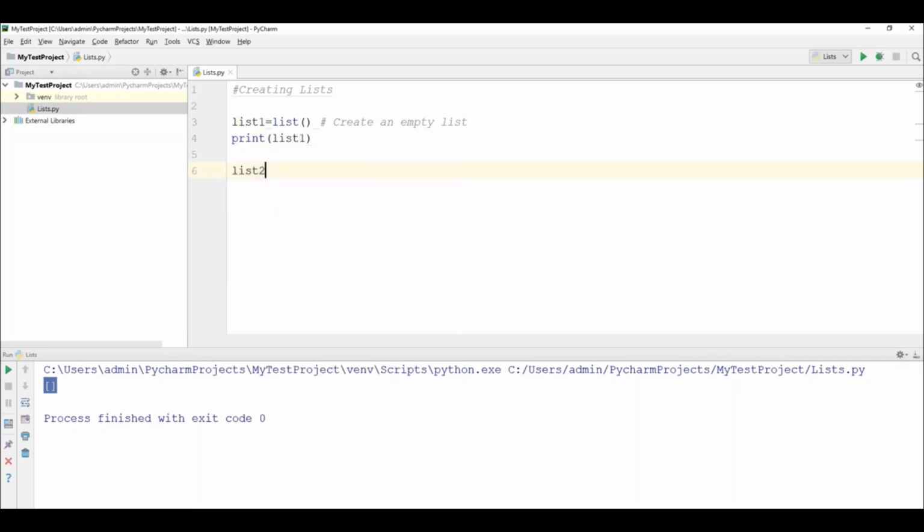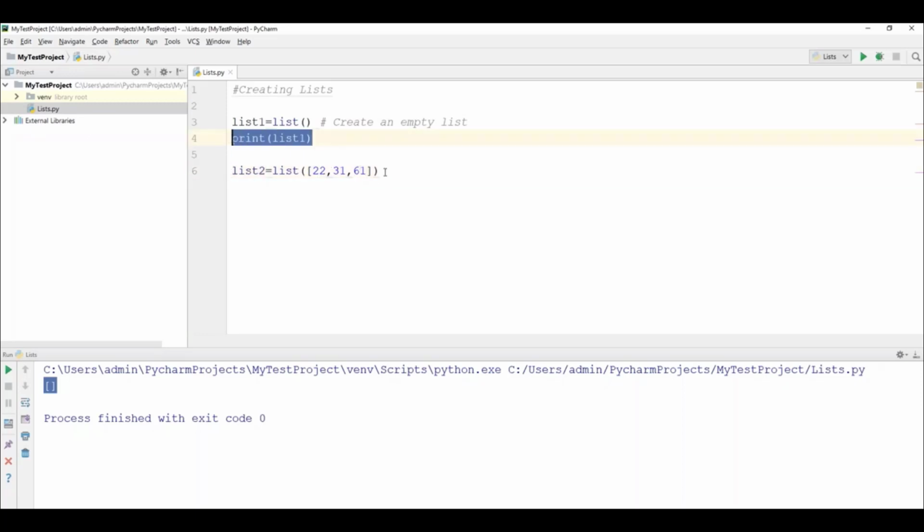Let's say I'll take a variable called list2. Here I will create a new list which contains some values. How can we create the values in the list? We can just use a bracket. Here I can add a few values. Let's say 22, 31 and 61. Some values I have added. Now keep everything in the bracket. So this is how we can create a list with a few elements 22, 31 and 61, and these elements are part of the list. So list2 is a variable which will refer to the complete list of items.